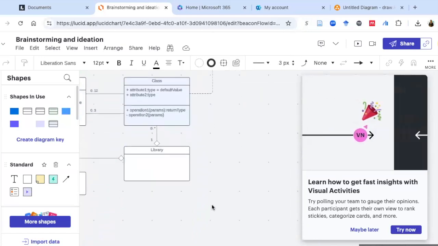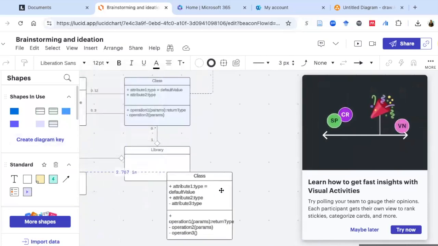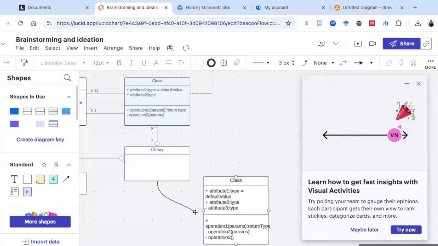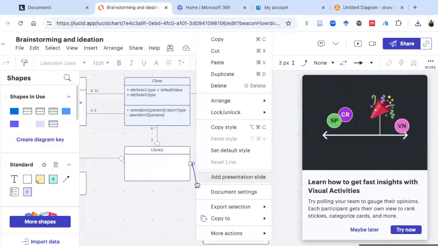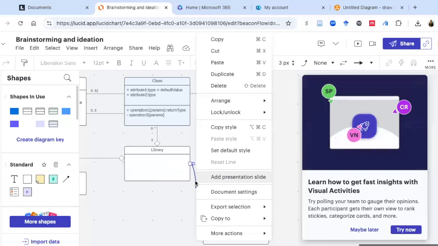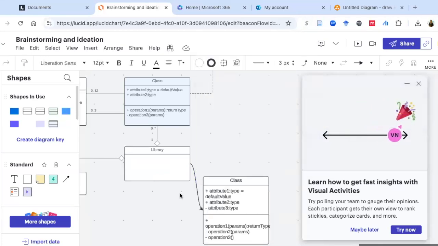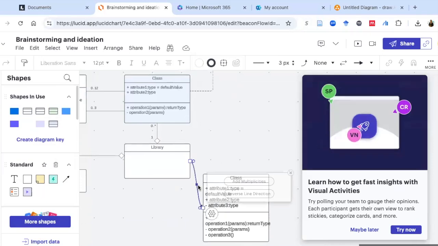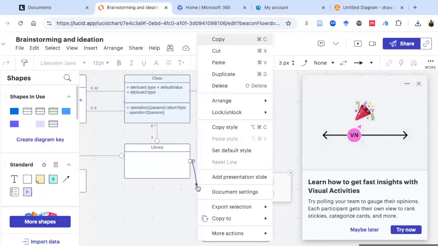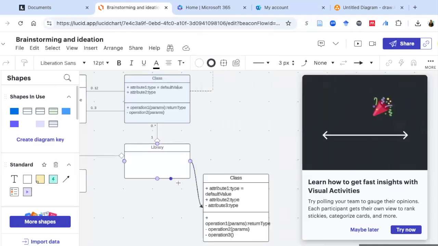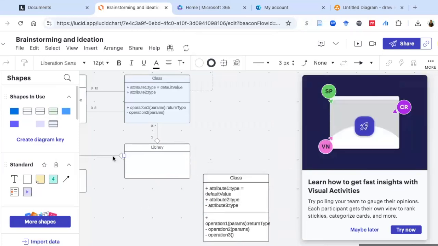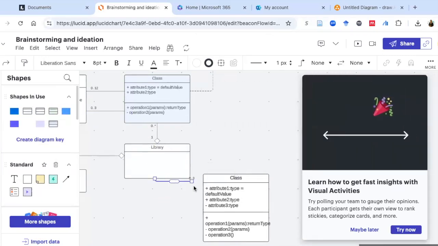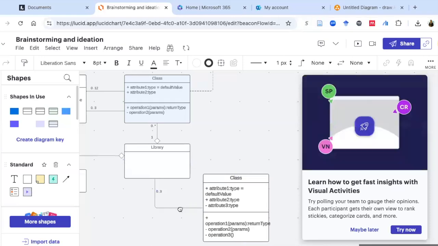let me create a new one. Let's import, for example, this. Now I need to draw a line between this and this. And if I right click on it, where is the option? No, this is not right. Okay. So if you right click on this line,